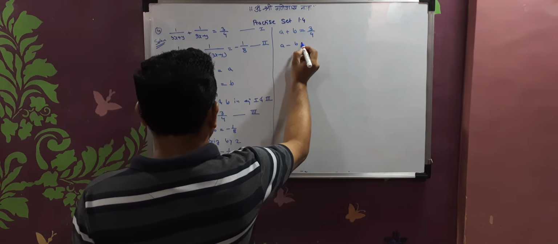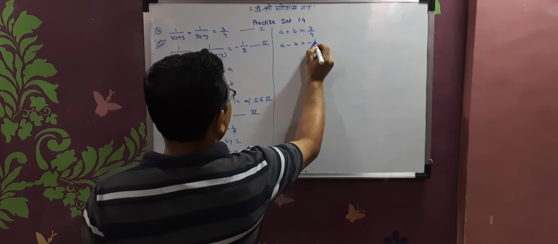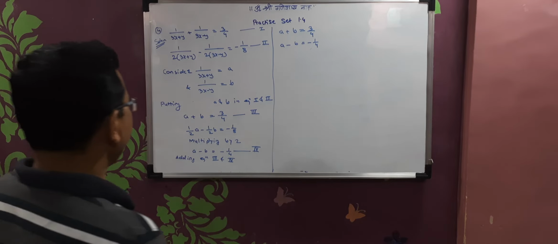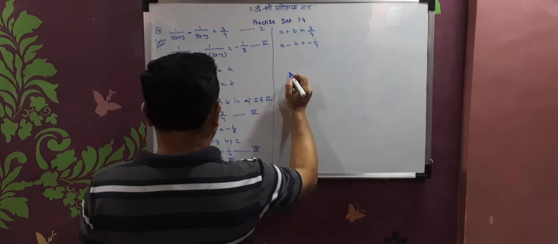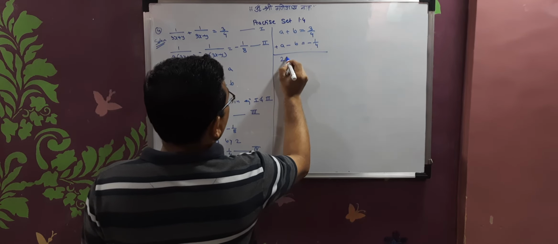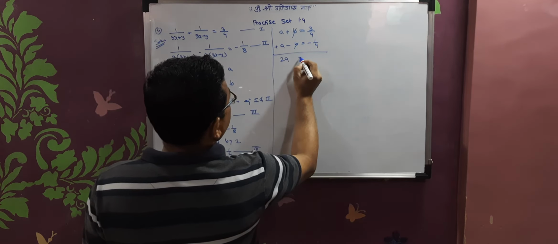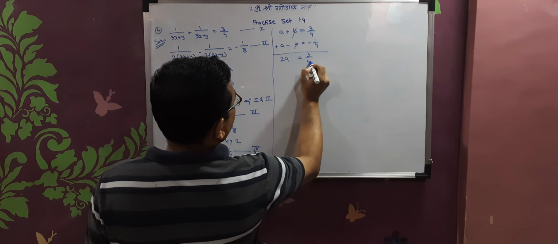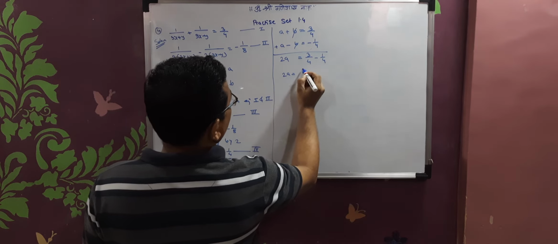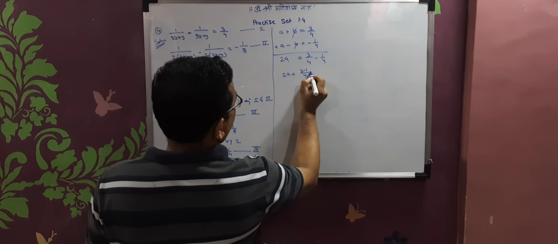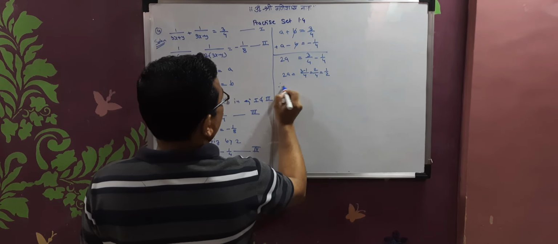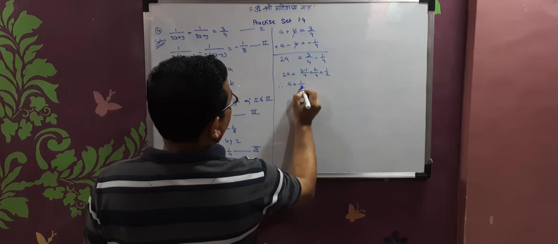A minus B is equal to minus 1 by 4. A plus B is equal to 3 by 4 and A minus B is equal to 1 by 4. So we have to add this. So this is 2A. This B gets cancelled. Here 3 minus 4 minus 1 by 4. So 2A is equal to 3 minus 1 divided by 4 is 2 by 4 is equal to 1 by 2. So A is equal to 1 by 2